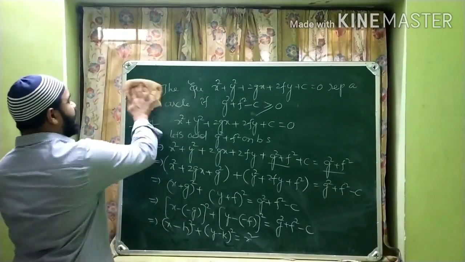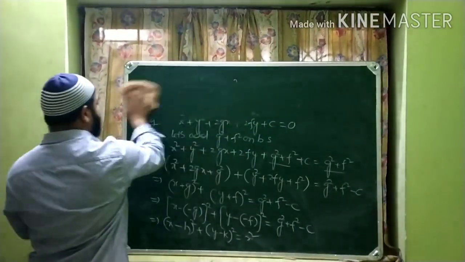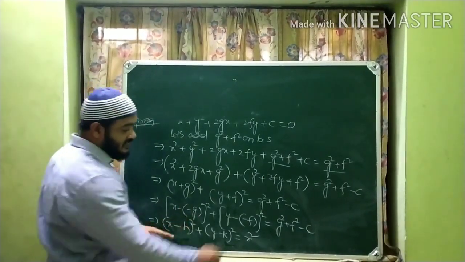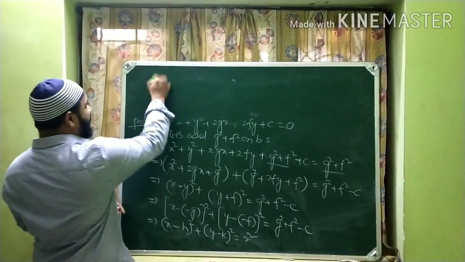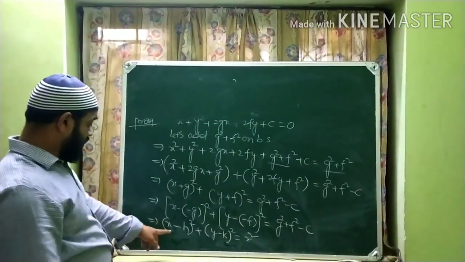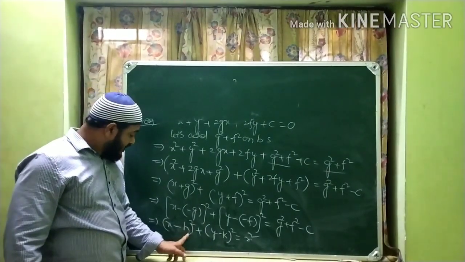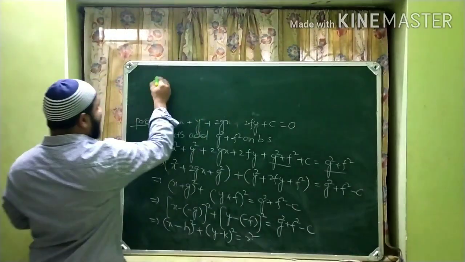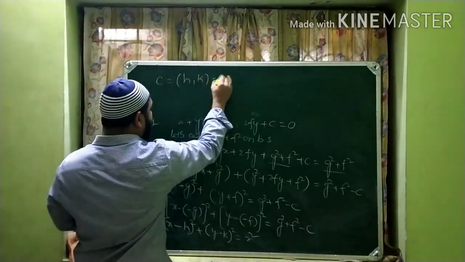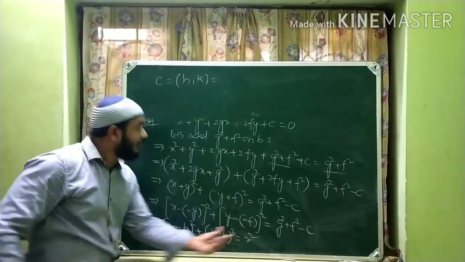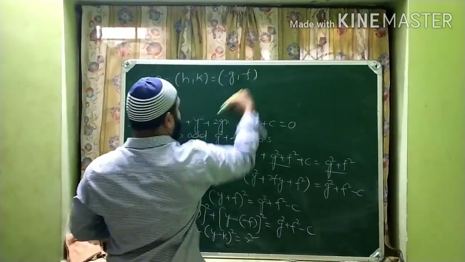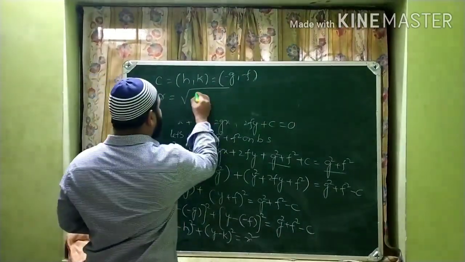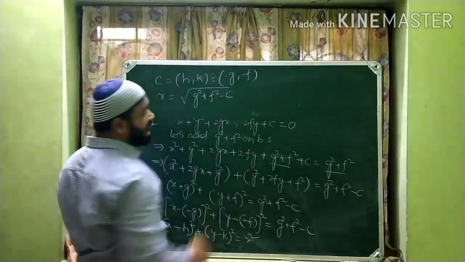Okay. Now, I am rubbing this. So, this represents the circle equation. So, what is the center? x minus h whole square plus y minus k whole square equals r square. So, what is the center of this? h comma k. In the place of h comma k, you may see minus g, minus f. And r equals how much? r square is equal to this. Then r equals how much? Square root of g square plus f square minus c.